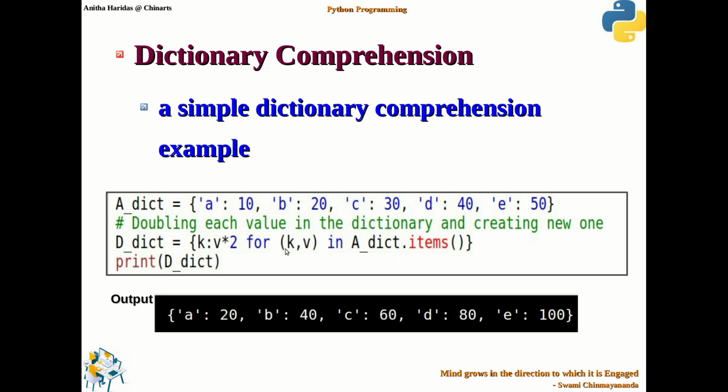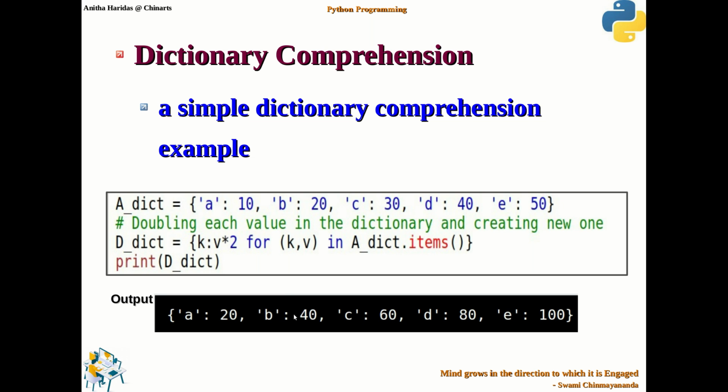So first it will take A, 10, then A will be retained as it is, whereas 10 will be multiplied by 2. So A: 20 will be the first dictionary item. Then in the next iteration it goes to the next k, v values, which will be B, 20, and here B will be retained as it is and v will be doubled.